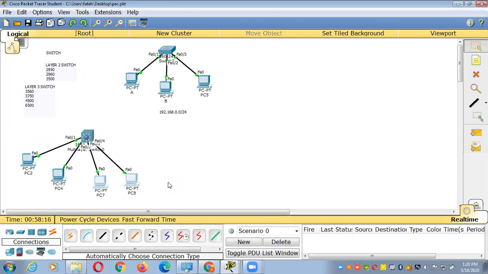See, brother, suppose these two computers belong to sales. How many VLANs have I created here? Two, one for sales and one for admin. Suppose you have 10 users belonging to sales. So what will you do there? All those interfaces will be in VLAN 10. Hope you understand.